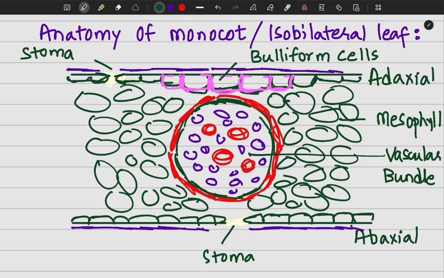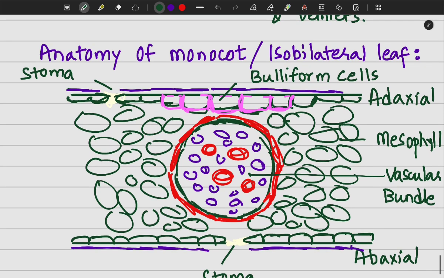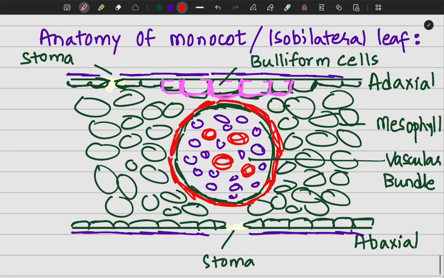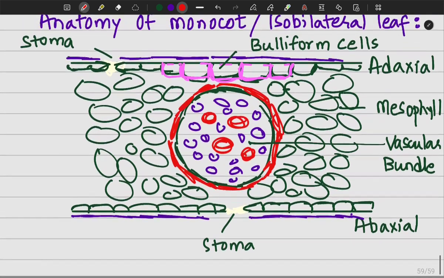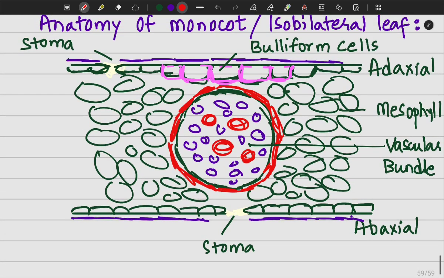And these bulliform cells are only present at the adaxial epidermis. Alright, that's why I have drawn them here on the adaxial or the upper epidermis. So these bulliform cells will be present at the upper epidermis of the grasses. Please remember this. And if we talk about the venation in monocot leaf, then